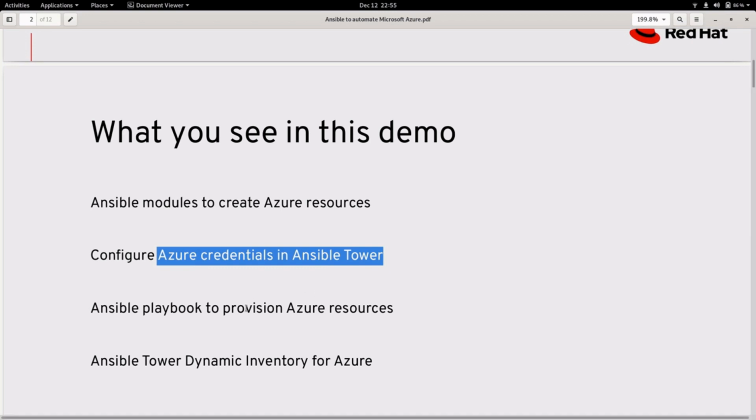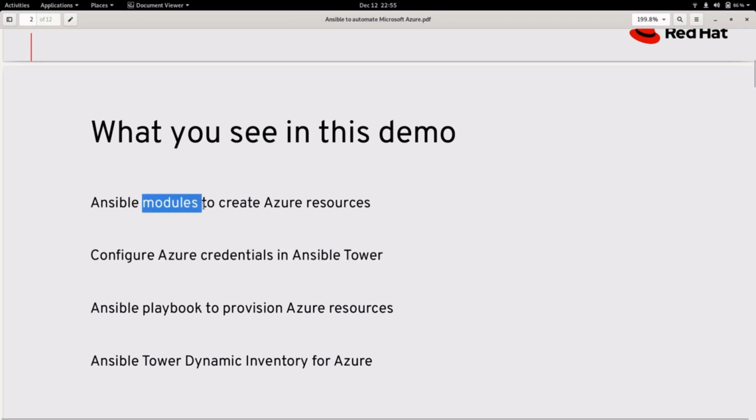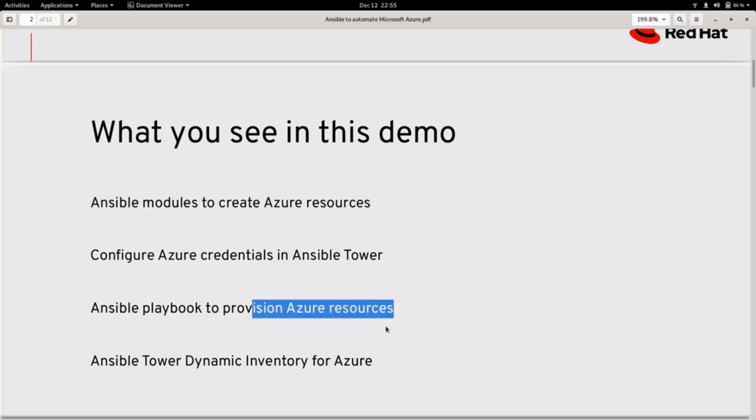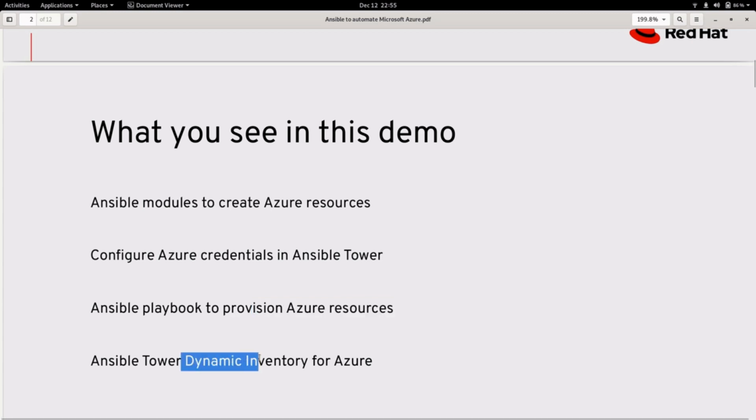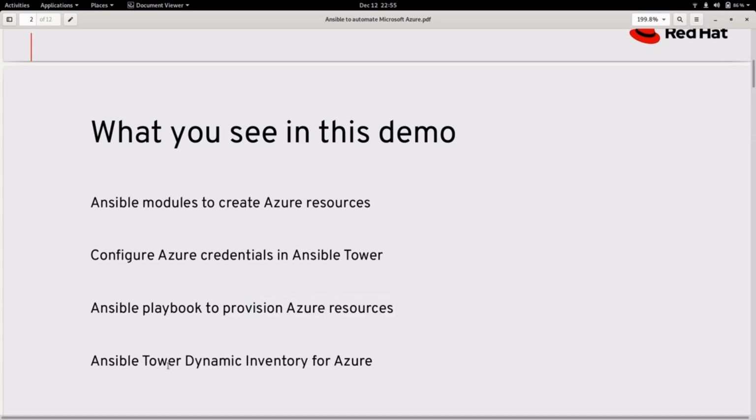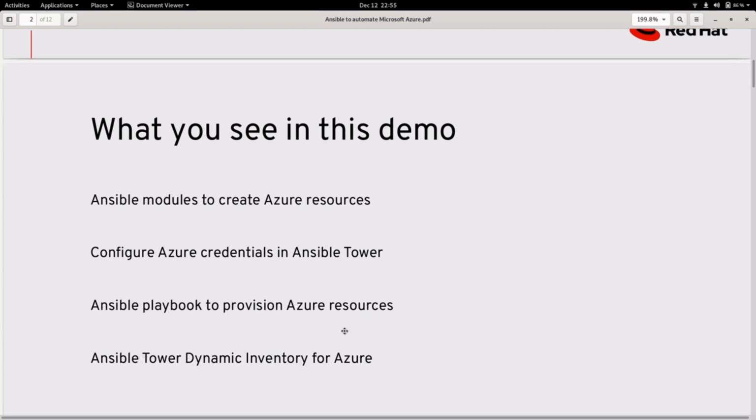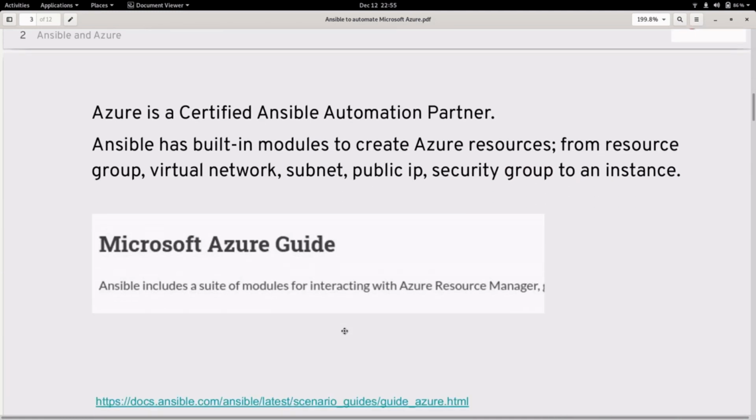We will check the playbook which contains all these Ansible modules which will provision the Azure resources, and finally we will check how you can use dynamic inventory within Ansible Tower to discover the newly created virtual machines within Azure. So let's get started.